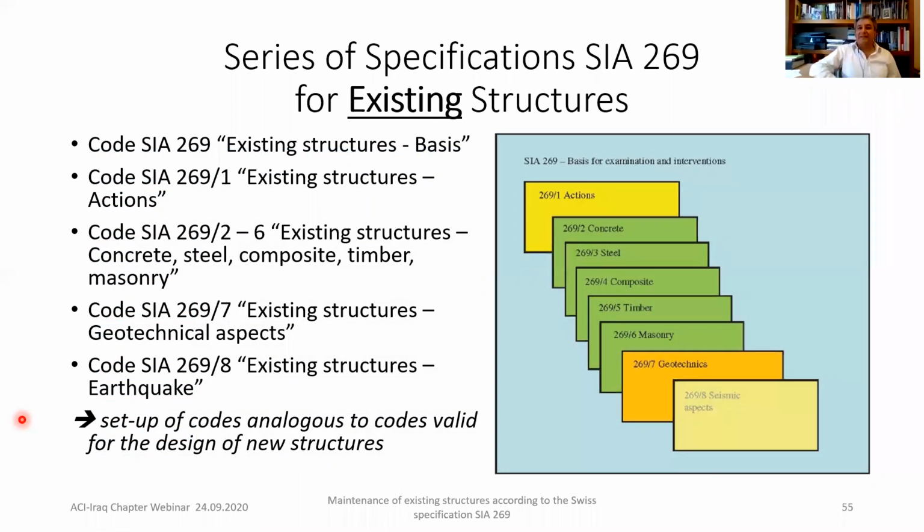It is the new norm for the existing structures, ACI 269. It's a new design code. I just want to mention that the committee of this design code, the president of the committee is Professor Eugen Brühwiler, and members of it, Professor Thomas Vogel and Dr. Paul Lossinger. Just to mention that Paul Lossinger was a member of the committee for this code,